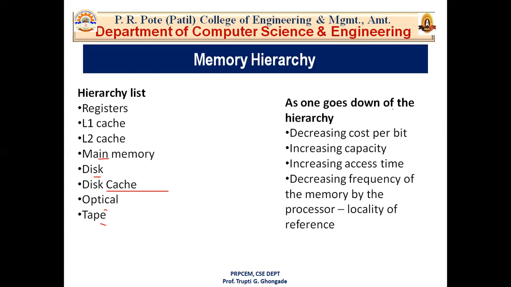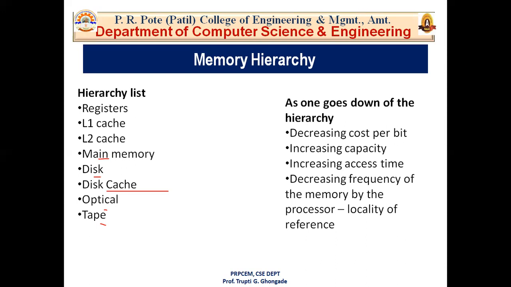So RAM size is 4 GB and secondary memory is 500 GB. The cost per bit in RAM is more than the cost per bit in the secondary storage device. That's why it is said that in the memory hierarchy, as you go from top to bottom, your cost reduces but capacity increases. That means registers, cache memory, and main memory are costlier but have lower capacity than secondary storage devices, which are less costly than these primary devices.